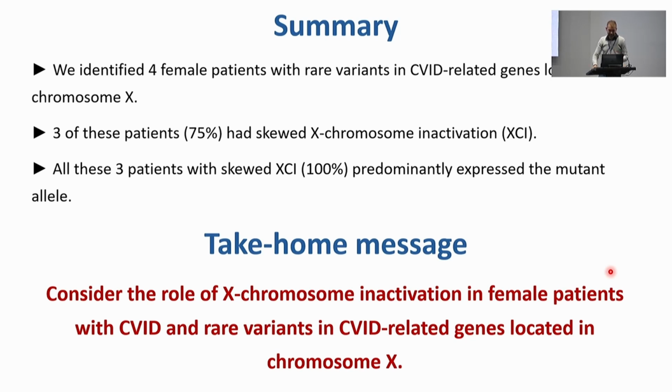Three of these patients had a skewed X-chromosome inactivation, but interestingly, in all three patients, the predominantly expressed allele was the mutated one. So the take-home message is that we can consider this phenomenon as another piece in this complex puzzle of CVID